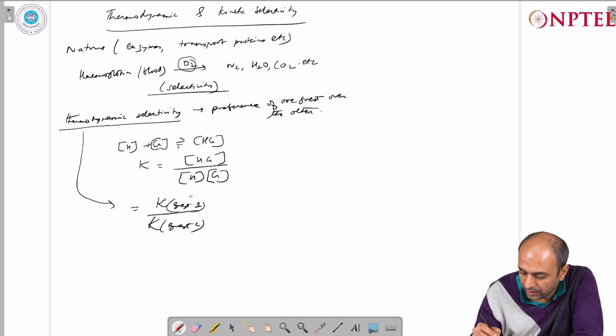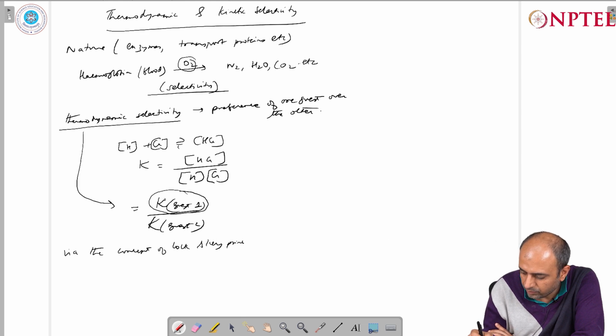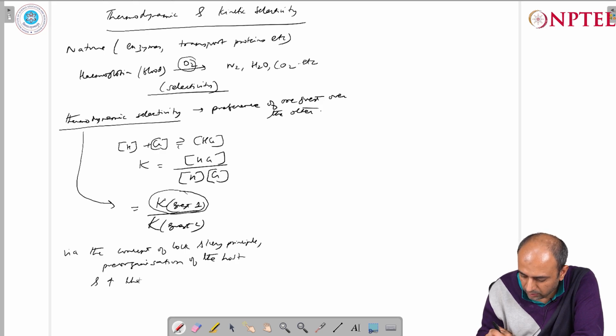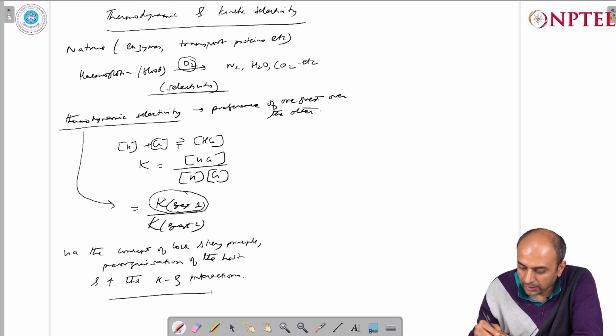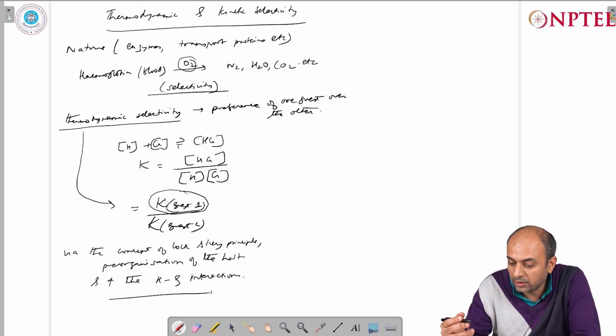That is simply reflected in the magnitude of the equilibrium constant being higher for guest 1 in comparison to that of guest 2, and you can play with the thermodynamic selectivity via the concept of lock and key principle we have discussed, pre-organization of the host, and increasing the host-guest interactions, whereas kinetic selectivity are the processes which involve